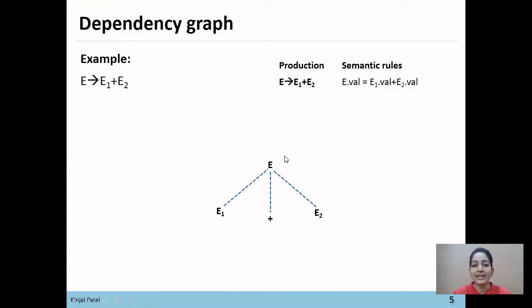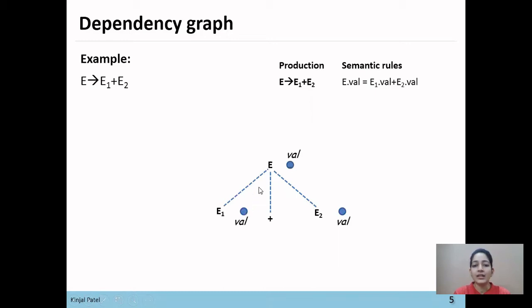To compute the synthesized attribute E.value, we need to compute E1.value and E2.value first. Before computing E.value, E1.value and E2.value should be computed. To show this order, a dependency graph is used.